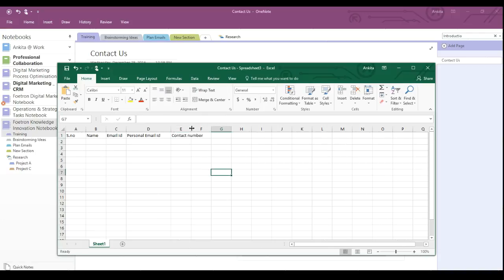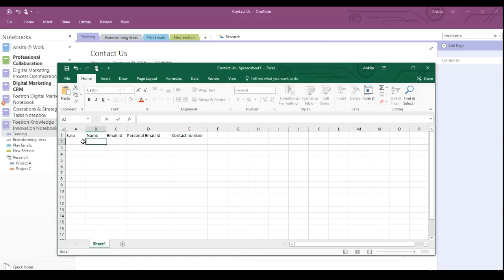In such a scenario, a contact number might change. So I may simply put the number and the name of the team member. I put her email ID and so on. So if I put some number over here, let's say